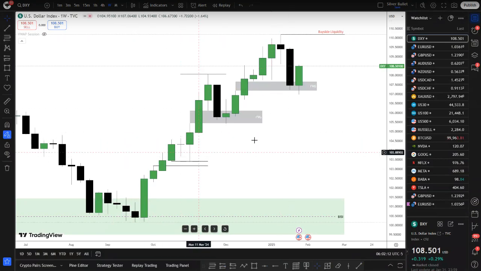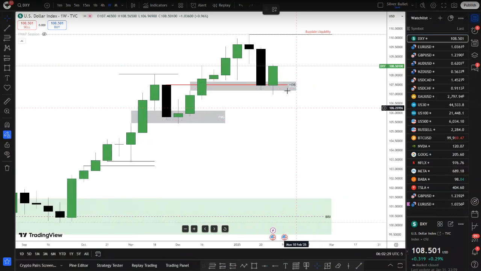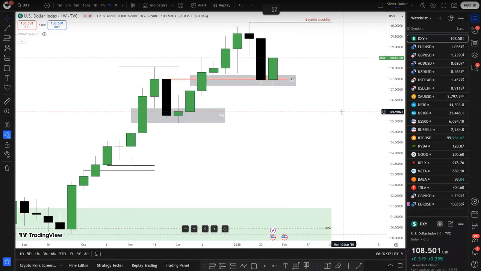So let's see what we have in this case. From this range low up to a high, price turned back into a fair value gap, pushed high, fair value gap again, pushed up, shifted back down into a fair value gap and a bullish order block here as well. On a weekly chart, this will be a bullish order block within that fair value gap as well. We check into it here, which means price is now seeking external range liquidity, aka this buy side liquidity here. So that's going to be key number one.